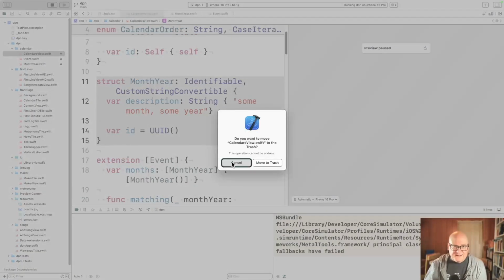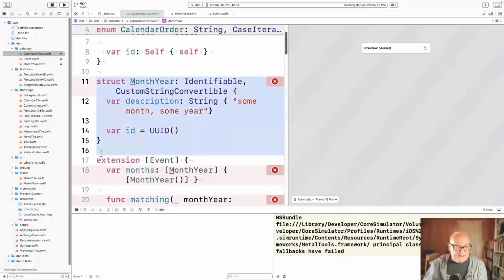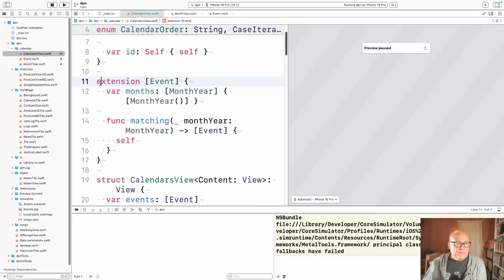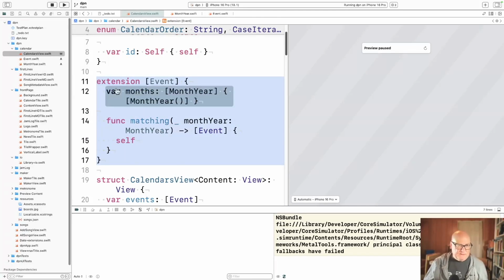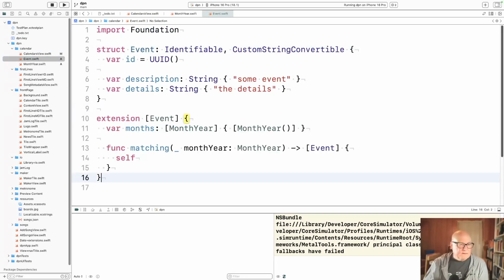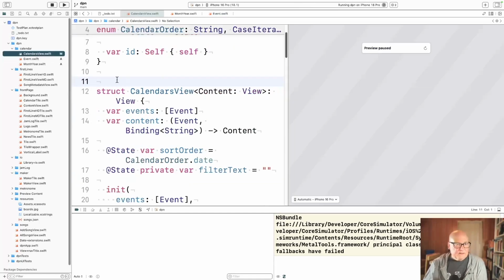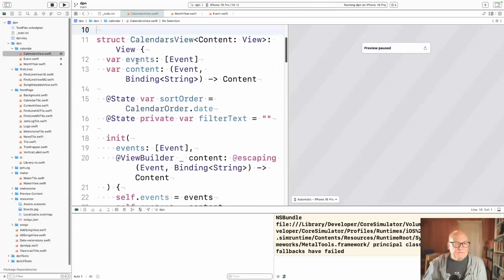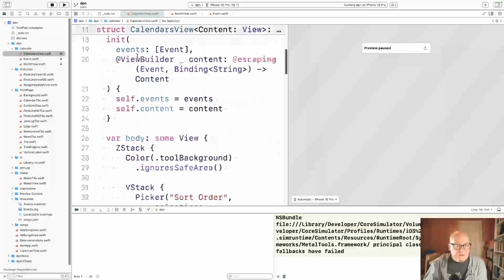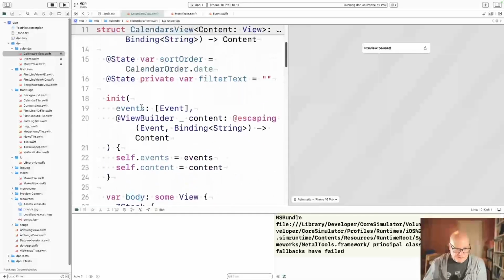No. I just want to delete what I have selected. Okay. Now, I think I should put this in event, maybe? It's a little weird to extend the arrays like that. I don't know why I got into that. Okay. All right. So the thing I want to do is if we have an array of events,